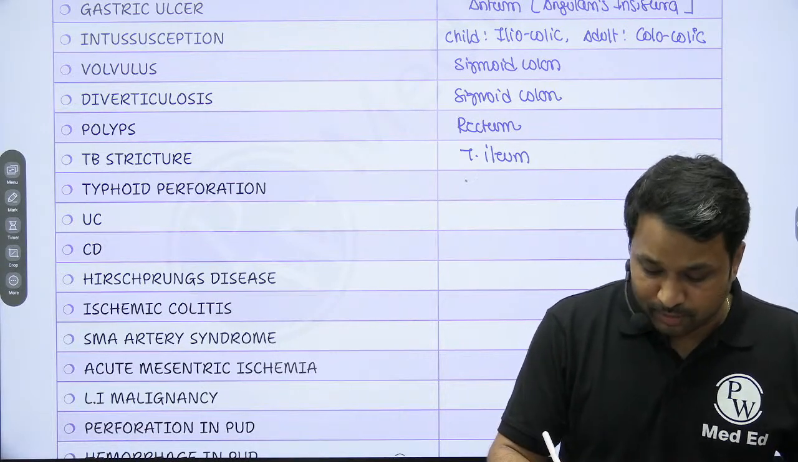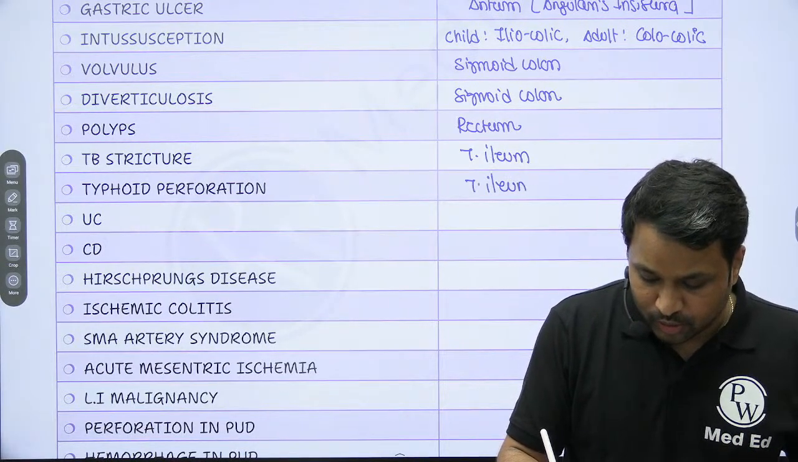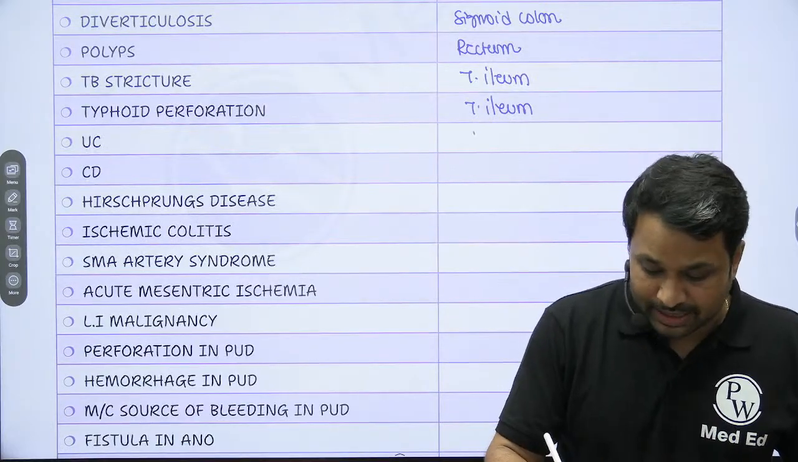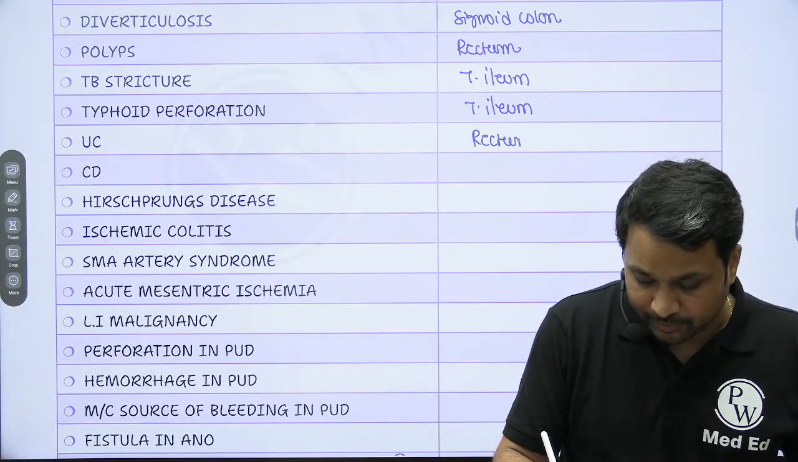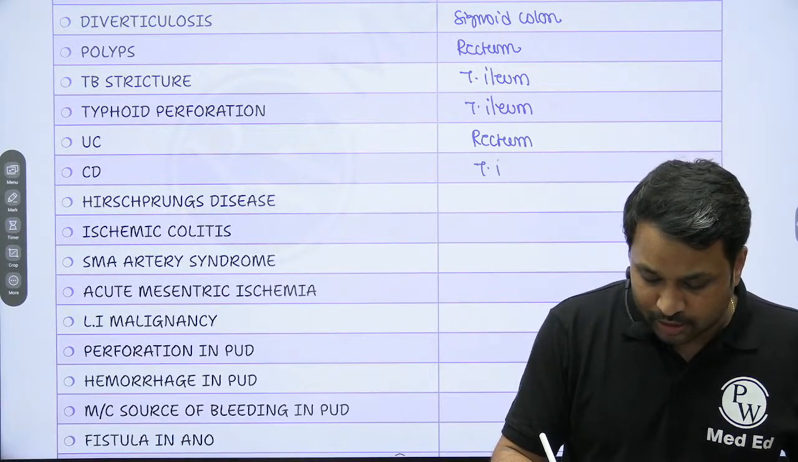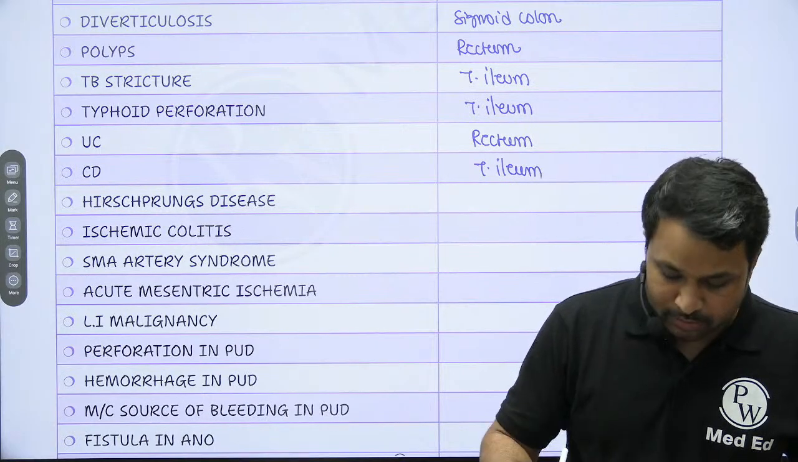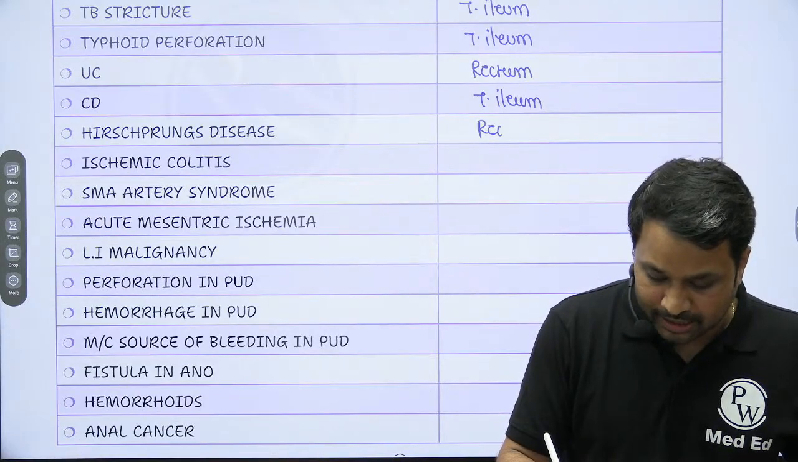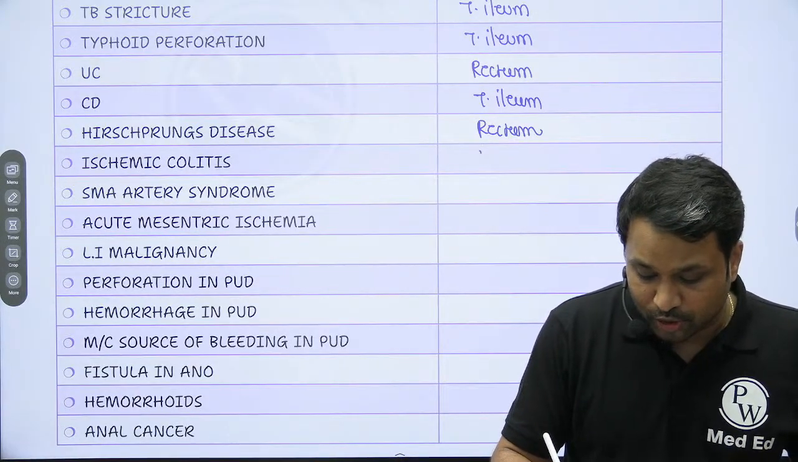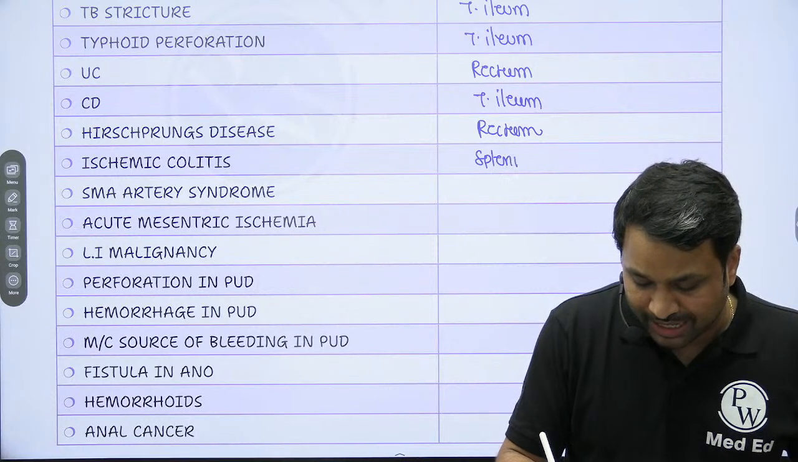Typhoid perforation का most common site कौन सा है? It is also going to be terminal ileum. Ulcerative colitis का most common site कौन सा है? Rectum. Crohn's disease का मोस्ट कॉमन साइट कौन सा है? टर्मिनल आइलियम। हिर्शस्प्रुंग डिजीज का मोस्ट कॉमन साइट कौन सा है? रेक्टम। इस्कीमिक कोलाइटिस का मोस्ट कॉमन साइट कौन सा है? इट इज योर स्प्लेनिक फ्लेक्चर।